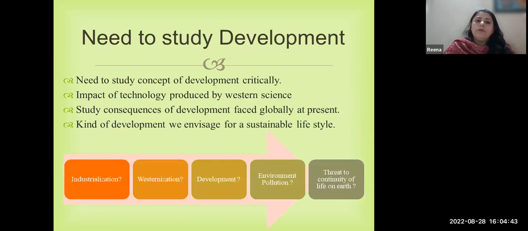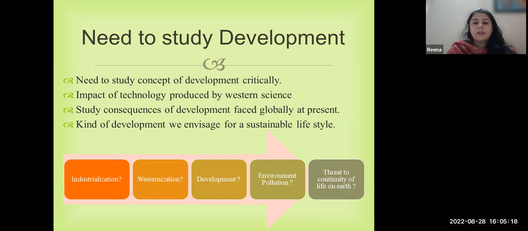Okay, so why are we studying this topic of development today? What is the need of studying this topic? We basically need to study it critically. Why are we justifying development from the economist's point of view and not in the overall sense of development, be it related to environment management, development of society, or its overall context? And what are the impacts of technology which are there due to the